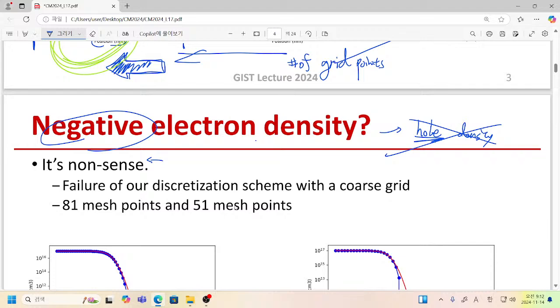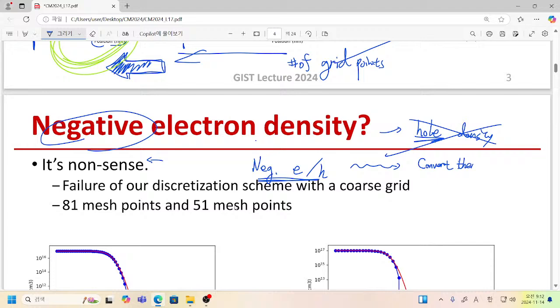Well, then what happens in reality? If you perform your device simulation, sometimes you have negative electron density or hole density. Then what you have to do, during your Newton iteration, when you have negative carrier densities, is you just convert